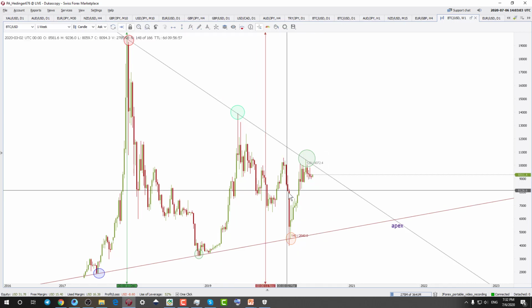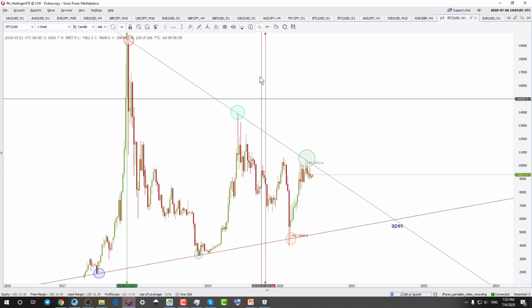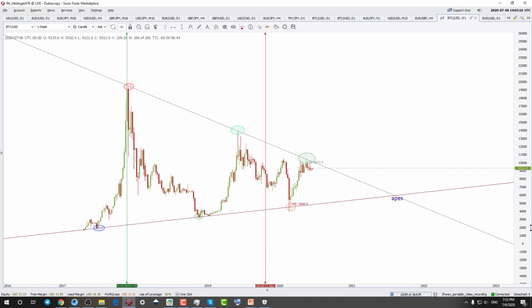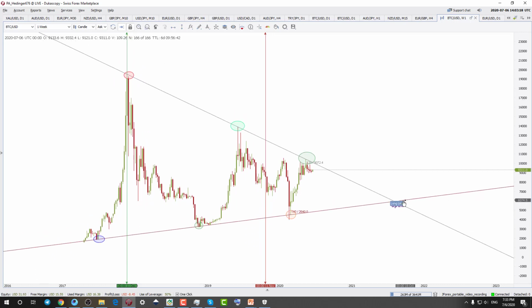If the pattern breaks after this line, then it is called a healthy breakout. Now we are expecting that the pattern will break out eventually on the upside or maybe on the downside, because it's a symmetrical triangle, so we cannot say which direction it will go. But how will we measure the targets in case it breaks, and how will we enter a position?